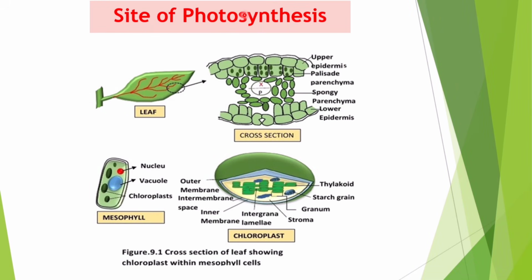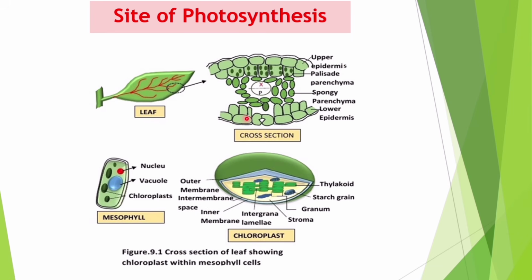So as we are discussing the higher plants here, the leaf has a dorsiventral symmetry, that is the upper epidermis and the lower epidermis, and the thickness of the leaf is made up of mesophyll cells. And the leaf, as you know, has xylem and phloem as a conducting system. If you take a cross section of it, you will see the upper epidermis of the leaf,